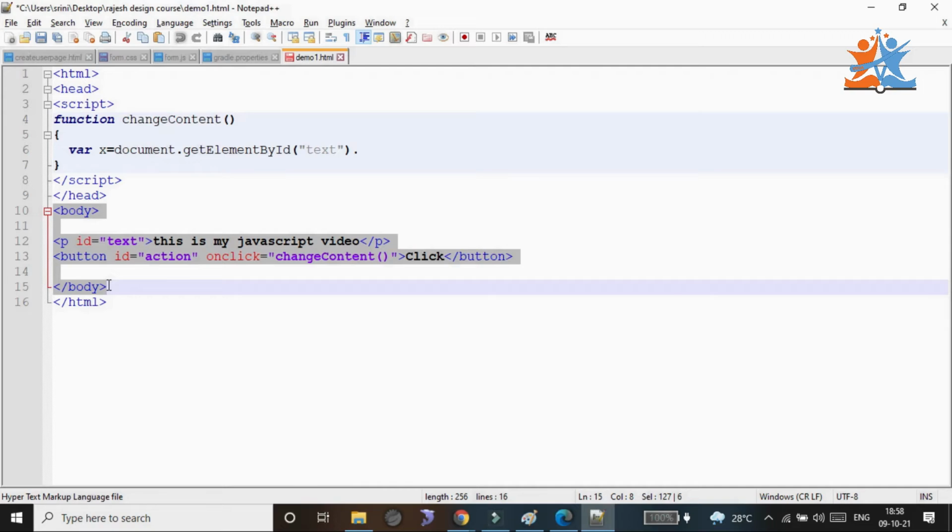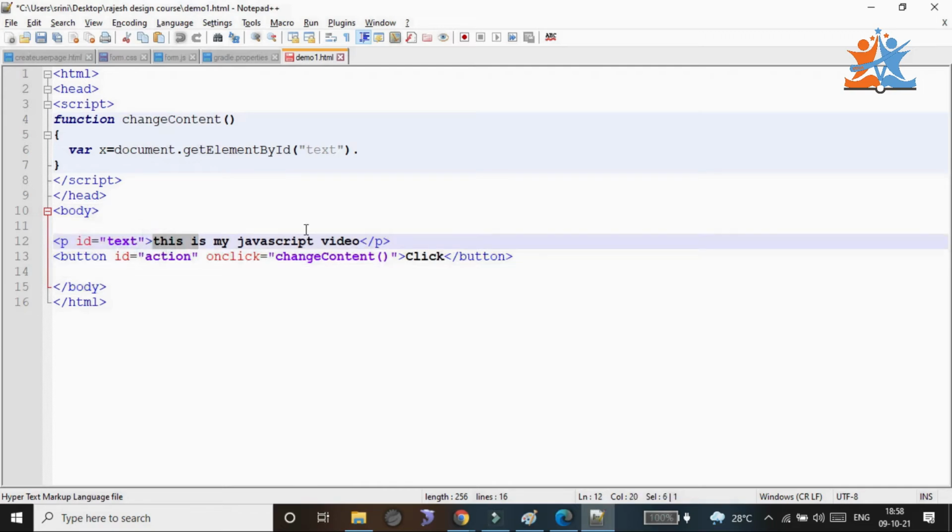For that we have one more object notation, innerHTML. innerHTML is one more object notation variable.